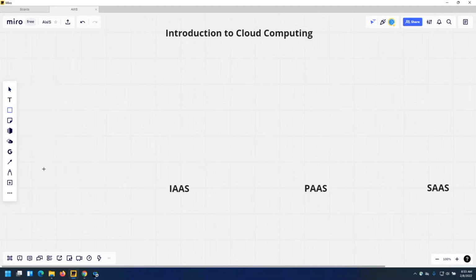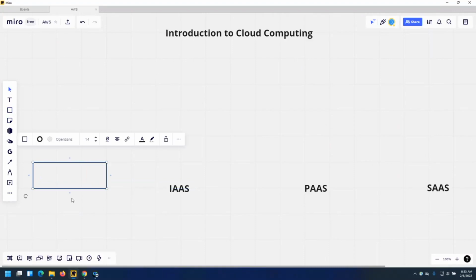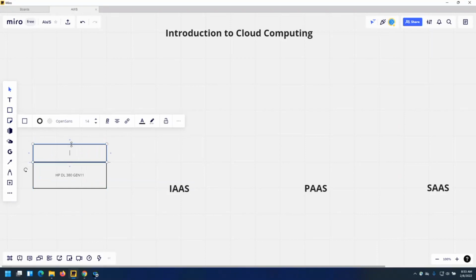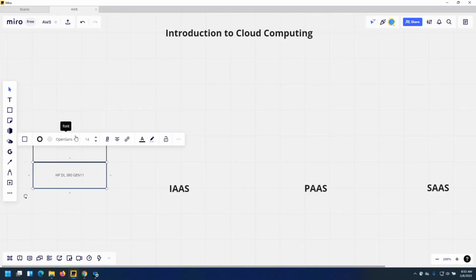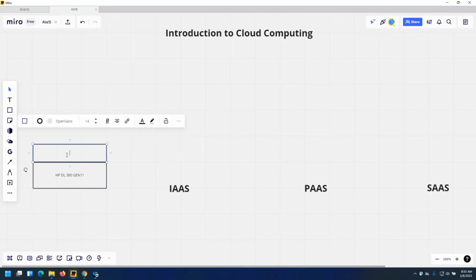Now, if you are working in a traditional way, right? Let's focus on working with an HP DL380 Gen 11 or Gen 10. What is the latest? I still don't remember because I worked till Gen 10. I'm assuming Gen 11 might have been released into the market. I worked on this in maybe 2016 or 17. After that, I never worked on HP hardware, right? And the VMware hypervisor will be ESXi, as I call it.